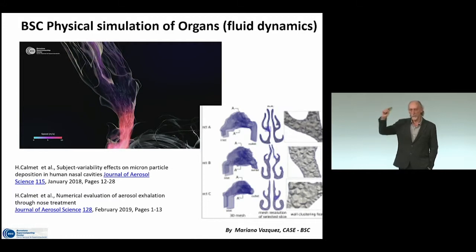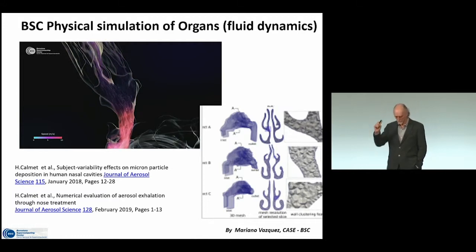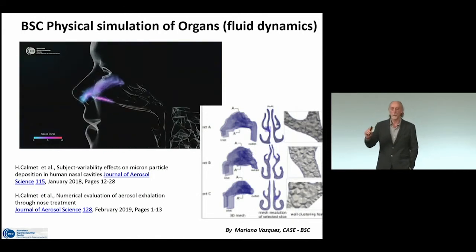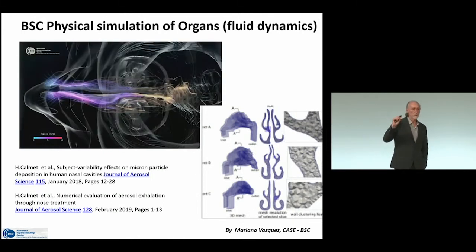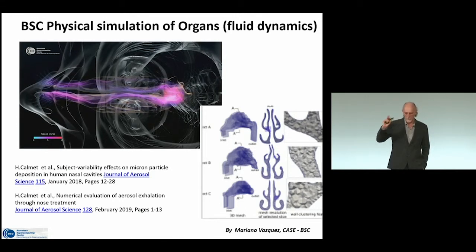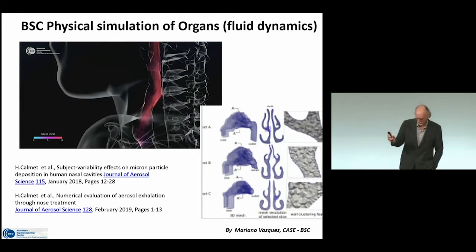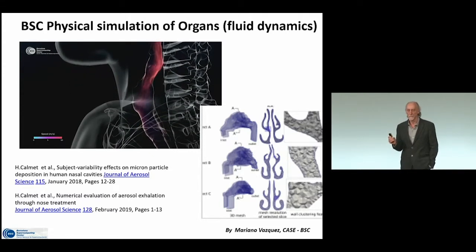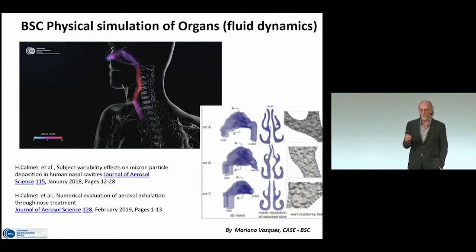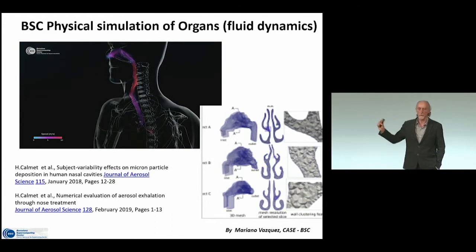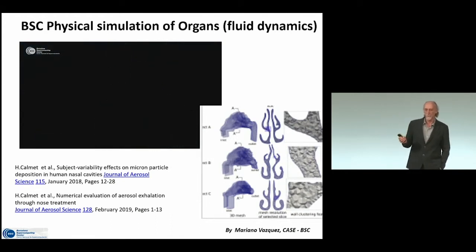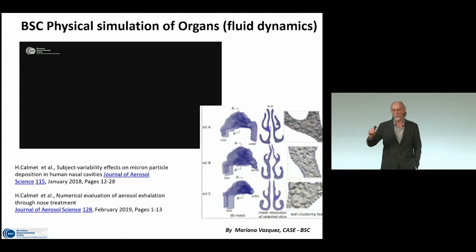Simulated individually, running in a given physical configuration that at the same time is a plastic configuration. So the shape of the respiratory tract is flexible, and the trajectories of the particles can be followed individually. What they can use this for, the example in the figure, is how this can be personalized to some extent, trying to understand how different configurations of the respiratory tract will influence the way